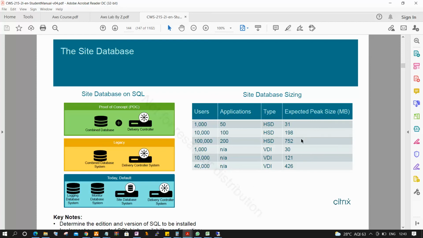So these are the things that will be there. Hosted shared desktop, virtual desktop infrastructure. For a server or desktop operating system you are delivering, this much database size you need to maintain. But again, it depends on the number of applications and number of users managing and connecting to the Citrix environment.